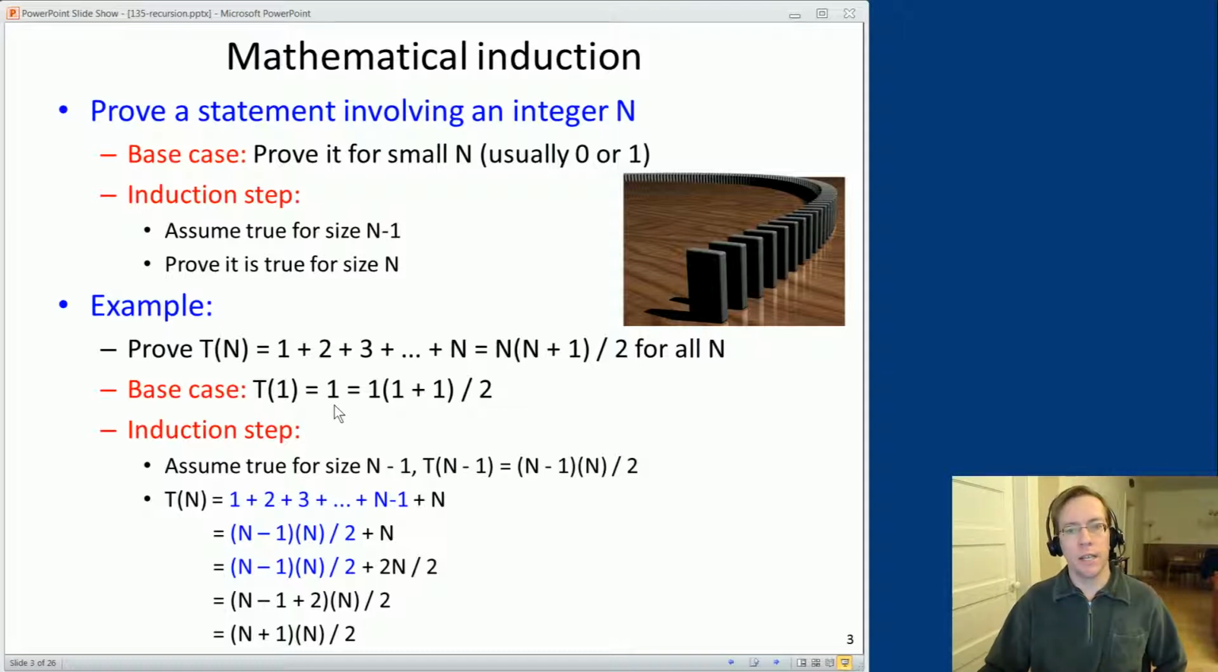Now the induction step. This is where we need to go from a smaller problem to a slightly bigger problem. And we're going to assume we can solve that smaller problem and see if we can show that it holds for that larger problem. And if we take the sum of all numbers from 1 up to and including n,